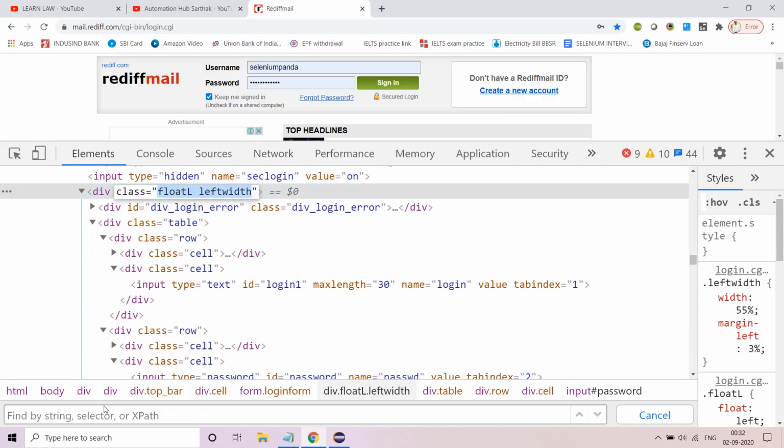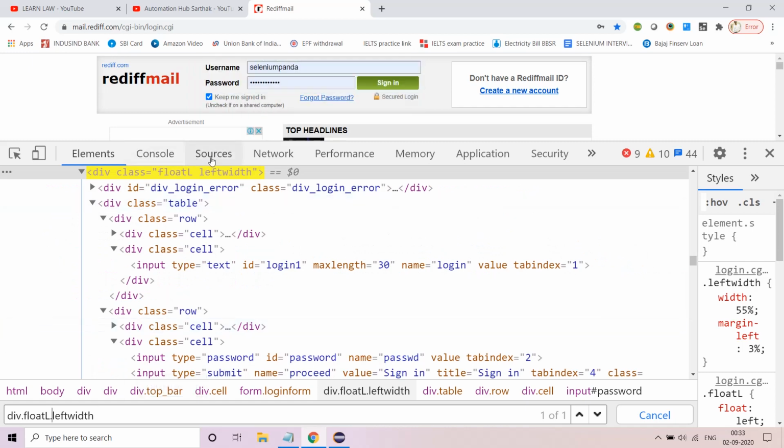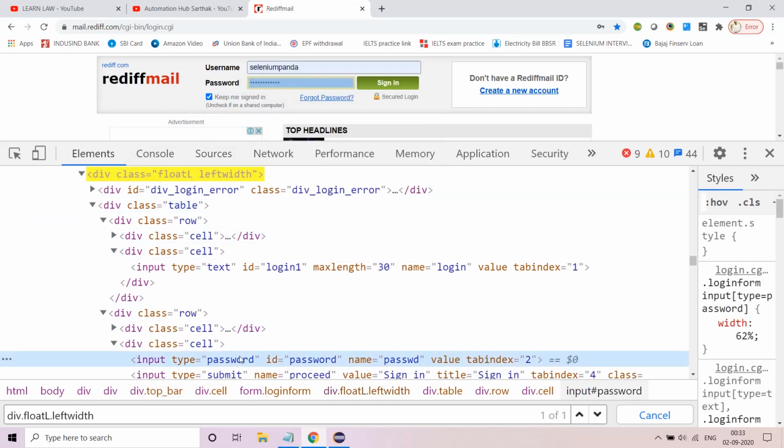So I'll come from my great grandparent, like I came from there. So let's say div dot this. So I'll again close it up to dot. So now I'm here. I have to come here. So I'm at yellow, I have to come to this blue field. So this is the amount I need to traverse.